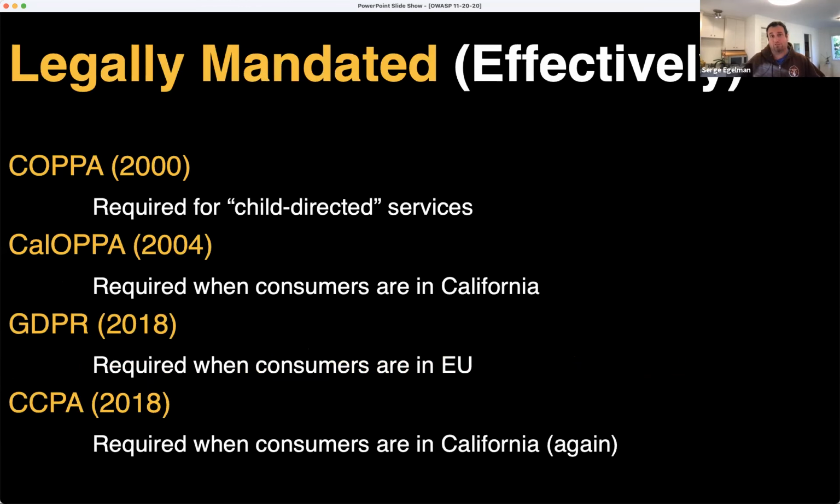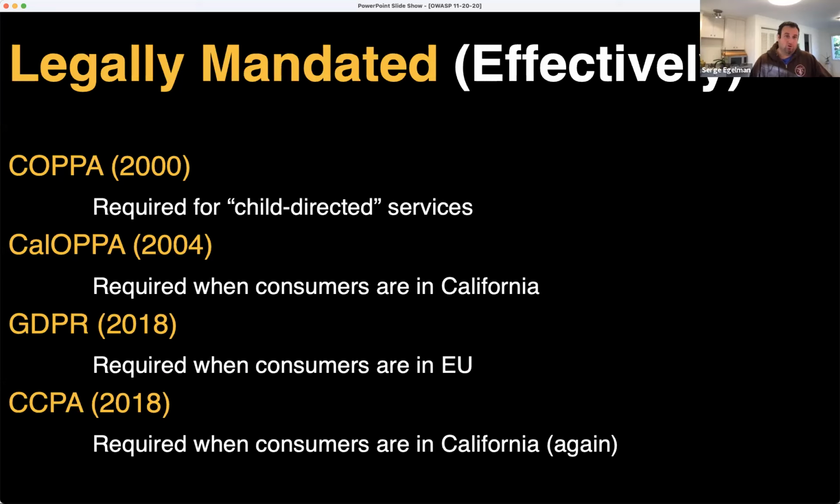And why it's important: in many cases, if you're offering a product that's available to consumers in California or available to consumers in the EU, you're legally mandated to have a privacy policy. So starting in 2000 under the Children's Online Privacy Protection Act, if your app or service is directed to children, you need to have a privacy policy.